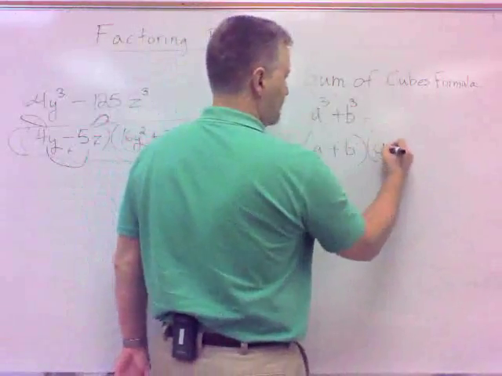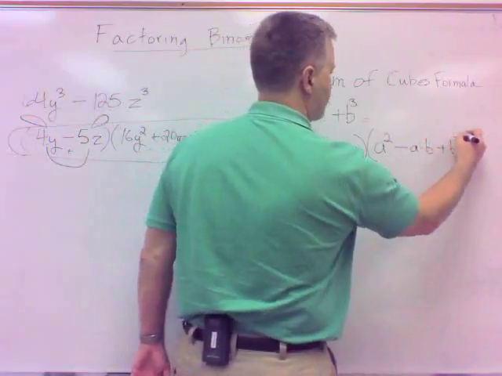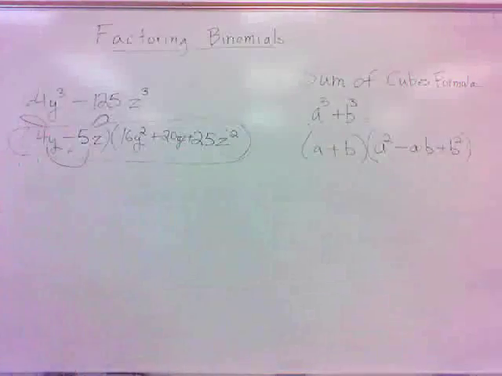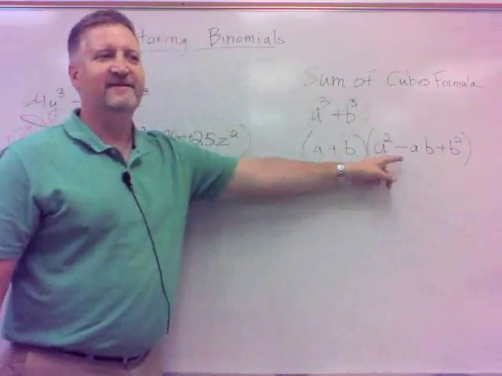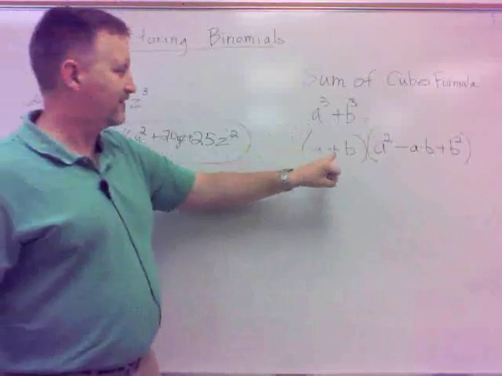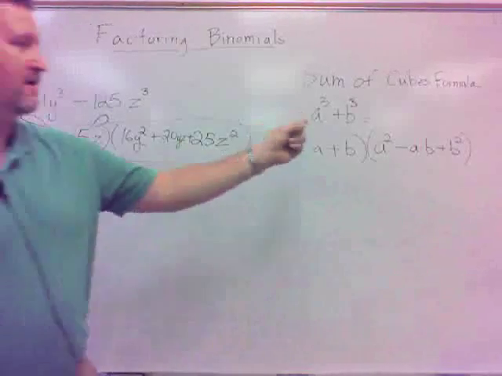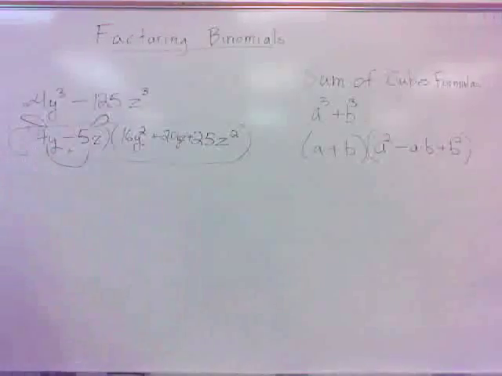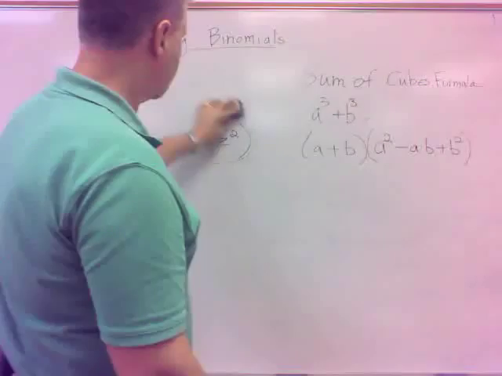And then over here, it's a squared minus a times b plus b squared, which is similar to the difference of cubes, except what? The minus right there in the middle. So everything's the same, except this is plus and that one's minus, instead of that one being minus and that one plus, you see. Okay? So it works just the same with that little bit of alteration. All right. So let's